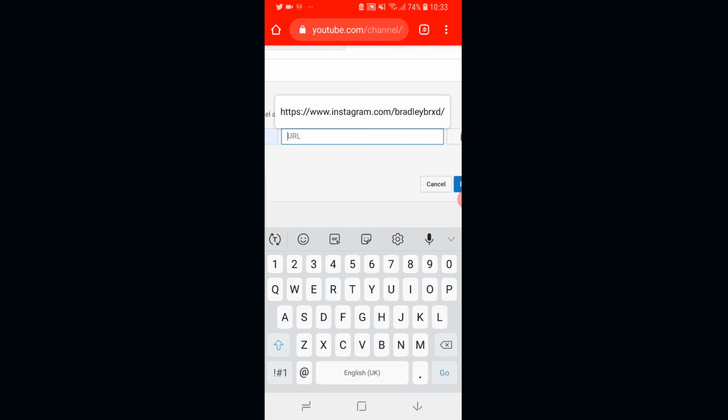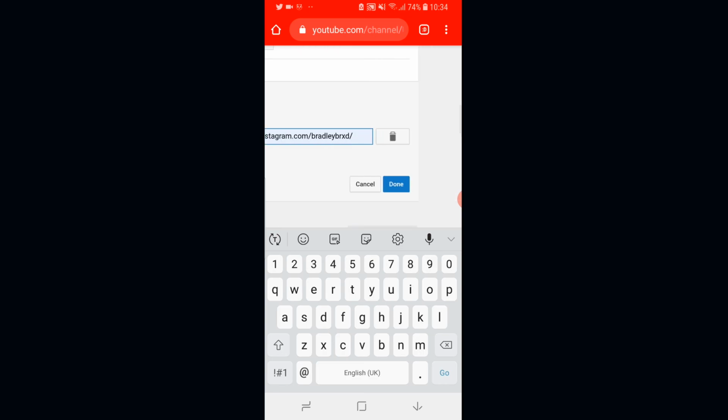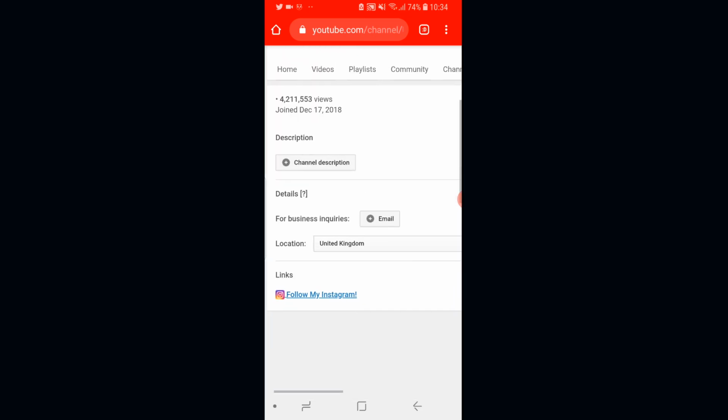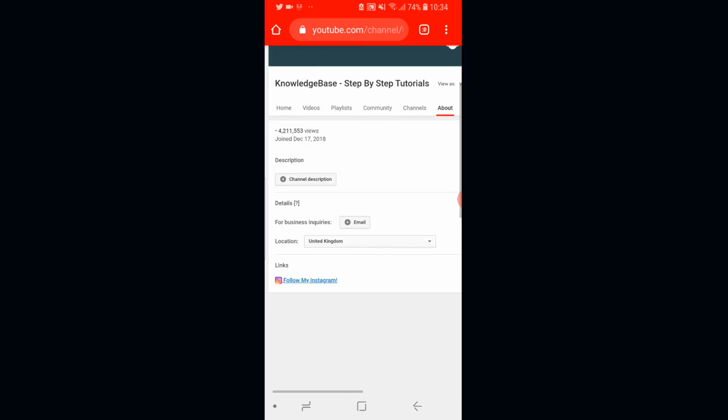and then in the URL, all we need to do here is type out https://www.instagram.com and /, then you need to type in your username. So make sure that you've remembered your username, make sure you've written it down, type in your username after instagram.com, click done, and you can see here we've got Follow My Instagram under links,